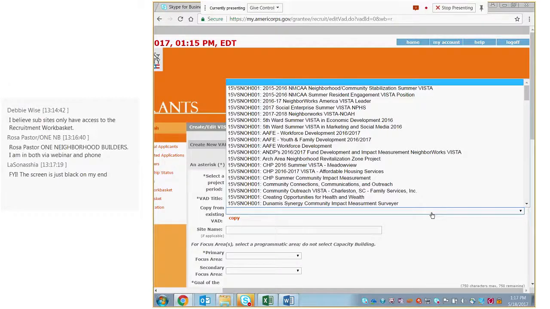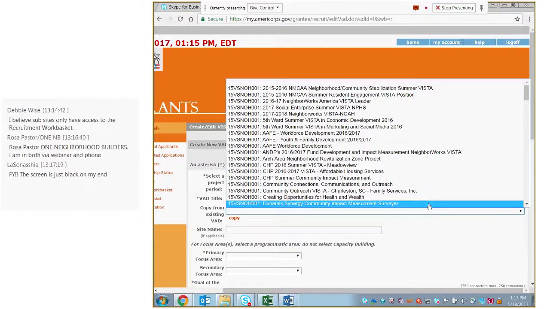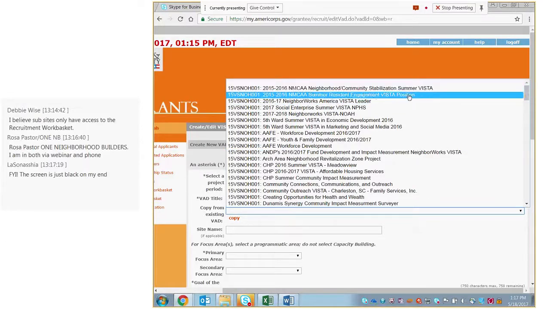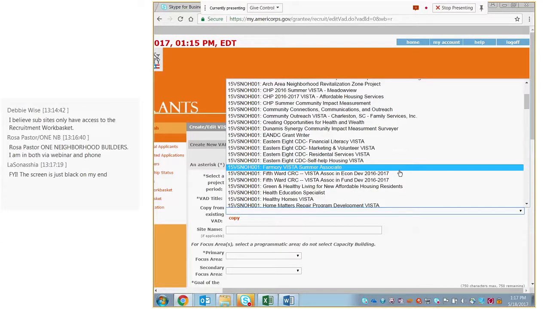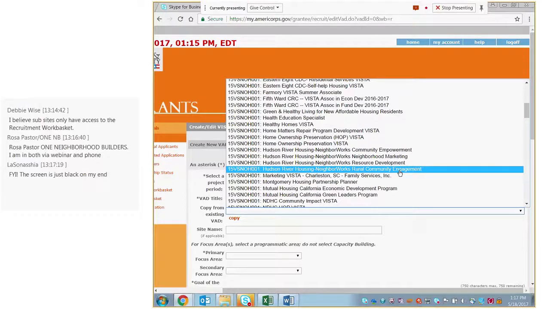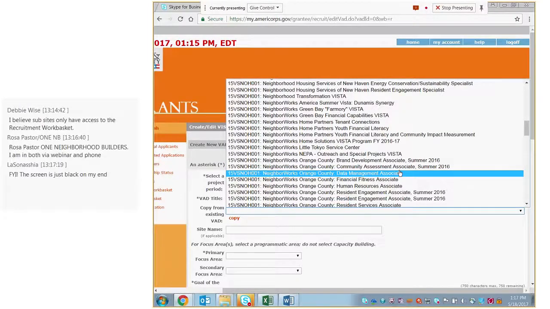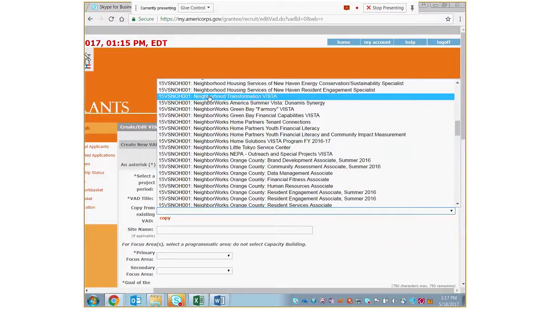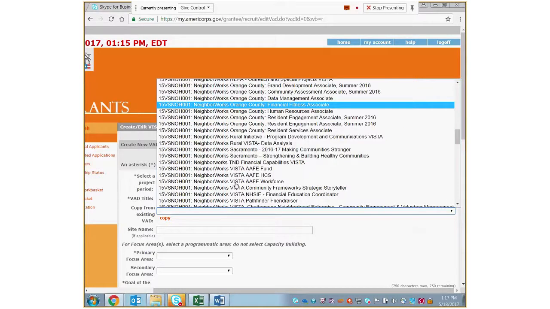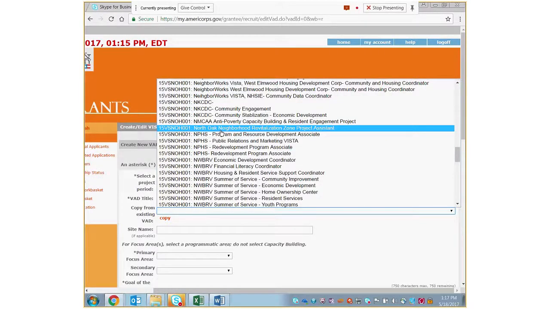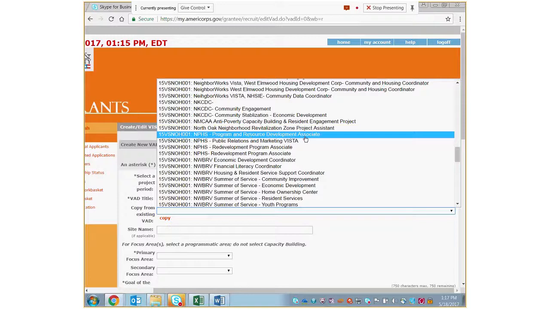Now what you're seeing here, and this is why Debbie has a naming convention for you, is you're going to see all of these various VISTA assignment descriptions in the system at different phases in the process. So if you use your acronym in the beginning, then you'll see down here, here's an acronym with the actual title of the VISTA assignment behind it.